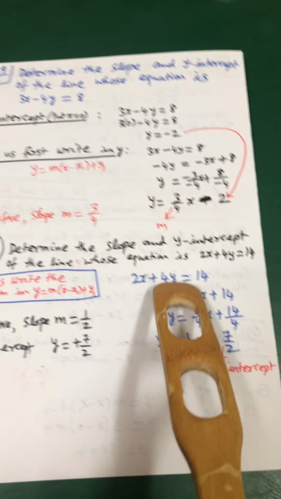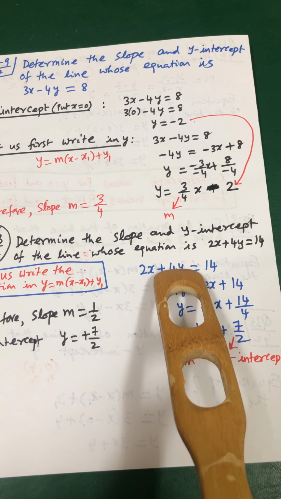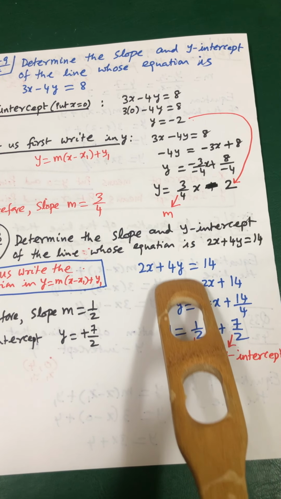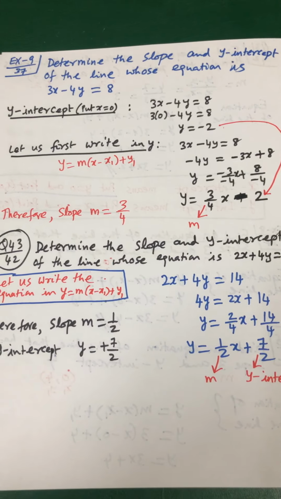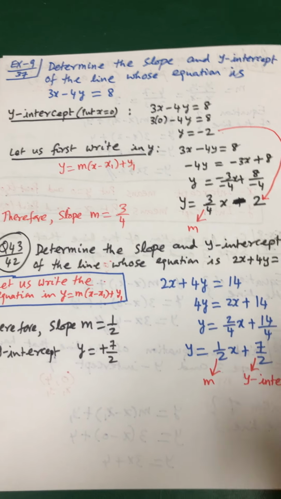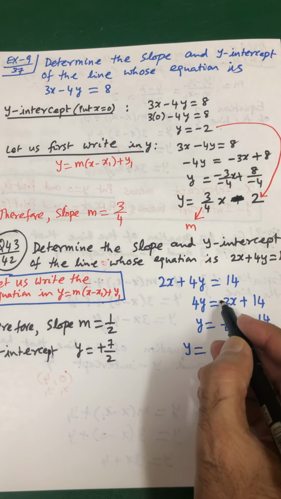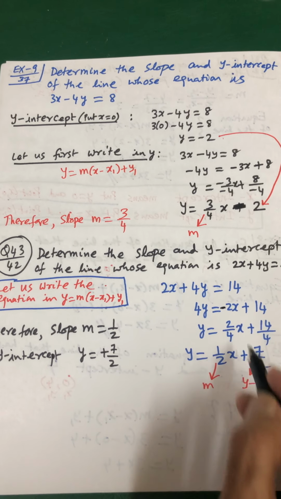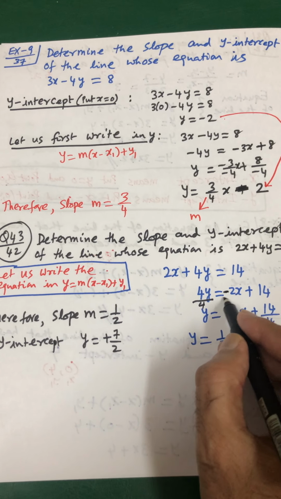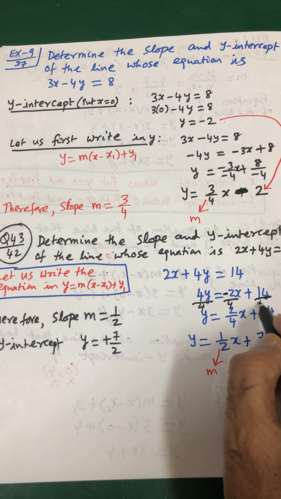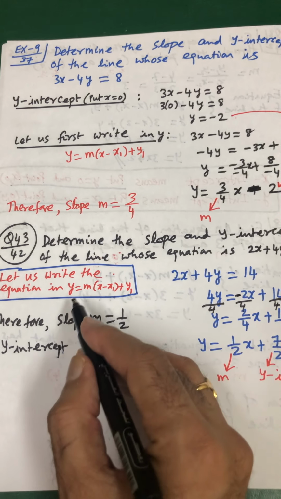So that means, in simple terms, this is the equation, y is on the left side. So 4y is on the left side, is equal to, this 2x, when you bring this 2x to this side, you get minus 2x plus 14. Now divide by 4 here, here, here, and here. Why are you dividing it? Because 4 divided by 4 is 1, you want y like this.